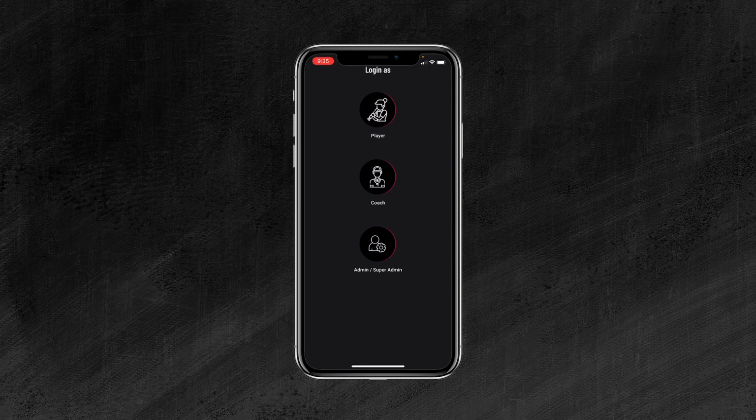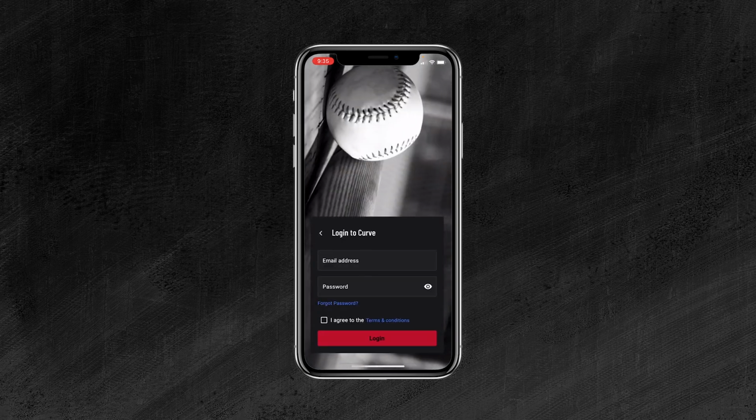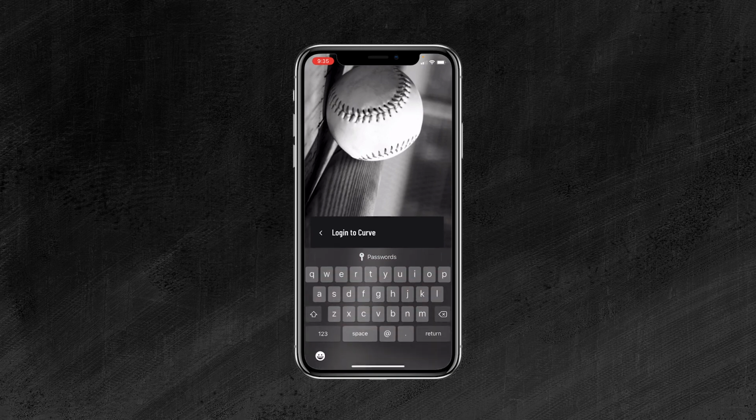I'm going to walk you through how to log in as an organizational admin and show you some different functionalities within the app as an admin. As you click on your app, you're going to be prompted to either log in as a player, coach, or an admin. You're going to want to press admin, and then I'm going to log in here